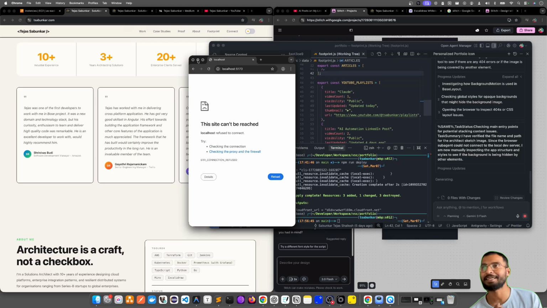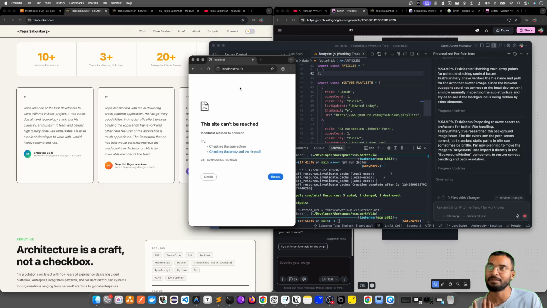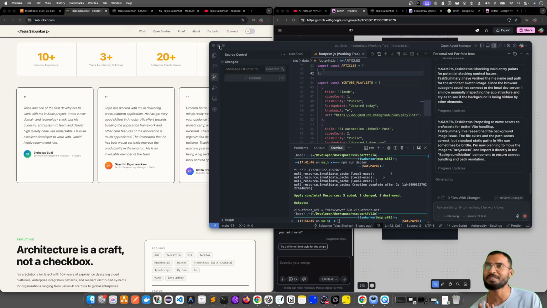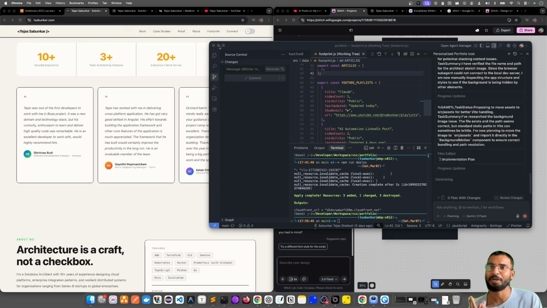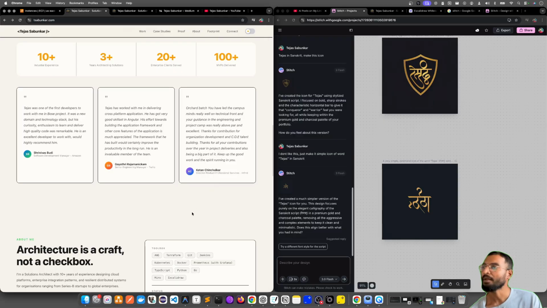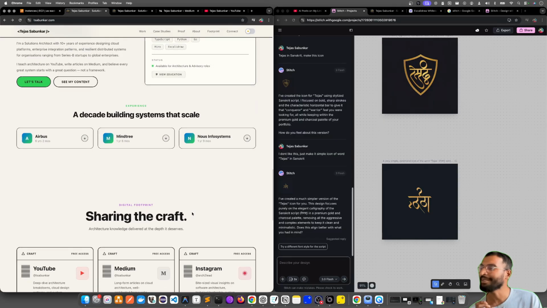The AI agent has access to Chromium, and it runs your application on your localhost, whatever the port number is. If it wants to check the response, it does that as well. So it has a lot of functionality built in. Right now it is fixing the bug for the background image. We will give it some time to fix it. Coming back, as I said,